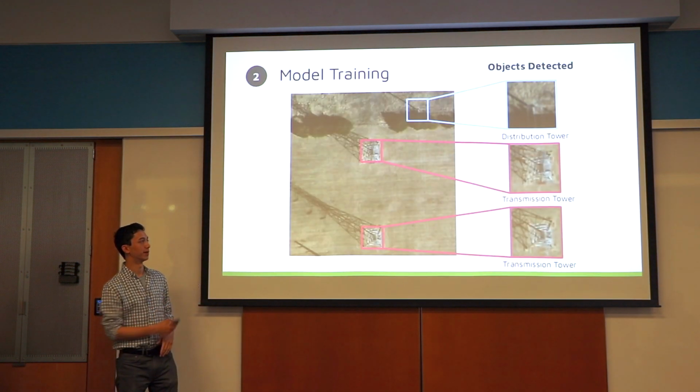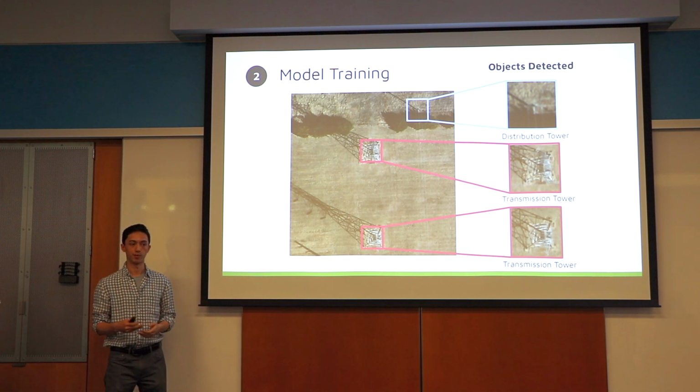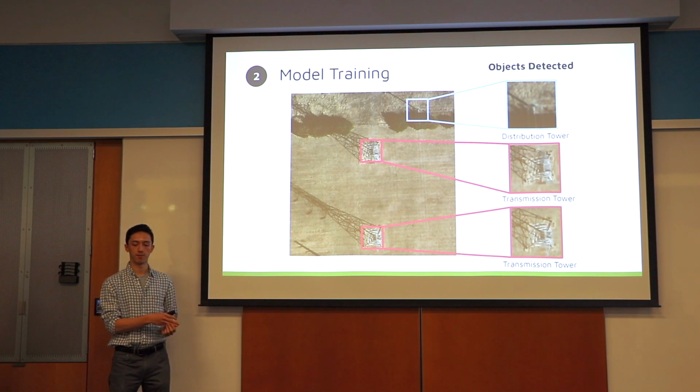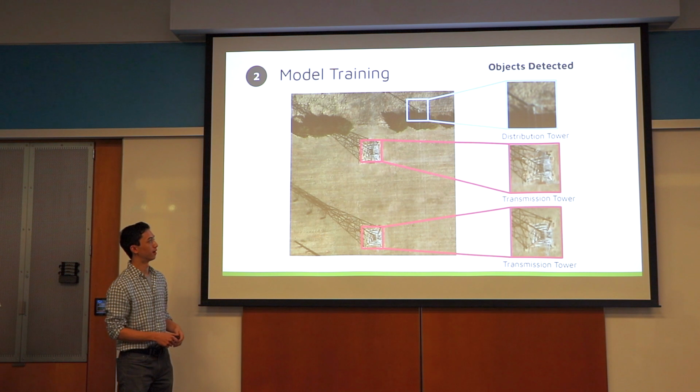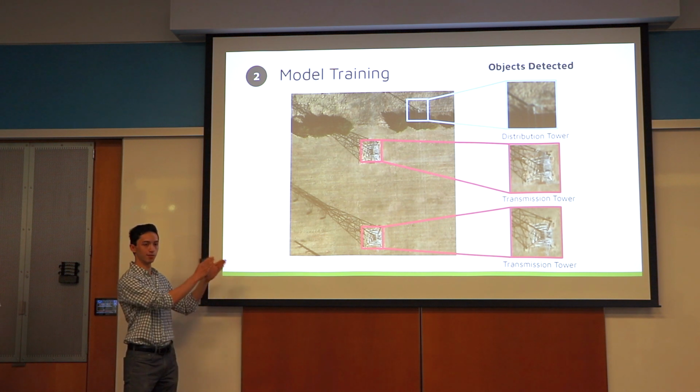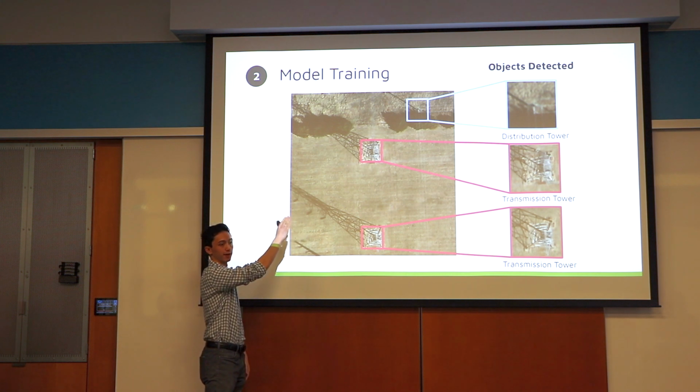So once we have prepared the data, we can begin model training. The way that training a deep learning model works is you take your data and you feed it into the model. By giving this data to the model, it starts to look at the images and find patterns that it associates with the types of objects that you're looking for. For example, here we have this transmission tower right here. In this case, by feeding this image into the model, it would begin to look around the place where you told it had a transmission tower, and it would start to learn patterns in the pixels.